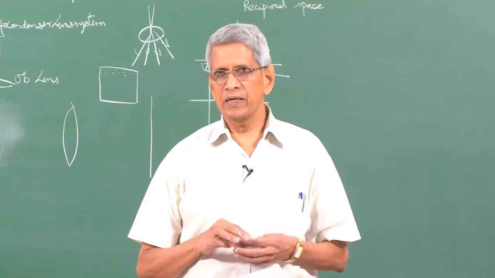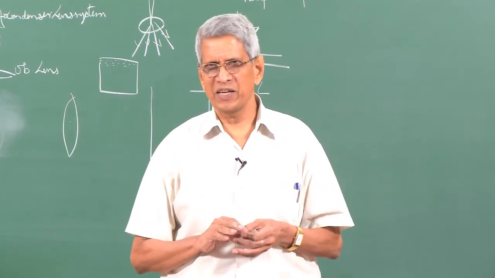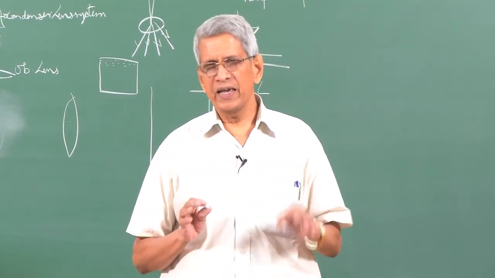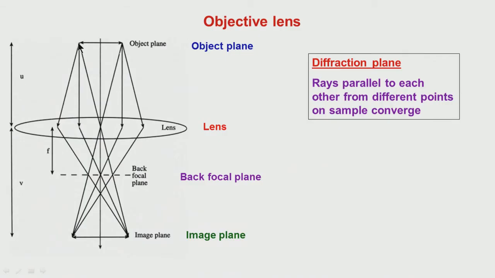What is an image plane? An image is nothing but a magnified view of the object we consider. That means all the rays which are emitted from this point in all directions should be brought back to the image plane at a particular point. Then only we will get a true representation of that object. The image has to give a true picture of the object. That will come only when all the rays which are scattered in different directions from a point are brought together. That plane is called the image plane.